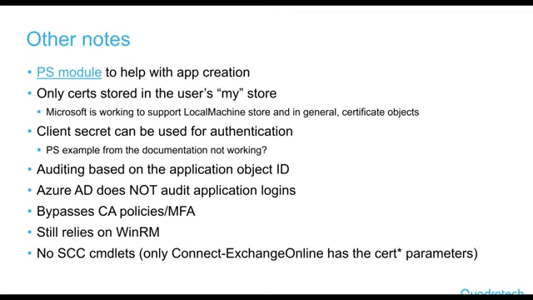Even though you are not using username and password, you are presenting the token that was obtained in an earlier stage. It still happens over basic authentication, though this might be creating some problems for you. In the long run, this is something that Microsoft will have to address once basic authentication is deprecated across the board. And the last note that I want to mention here is that currently the initial release of the